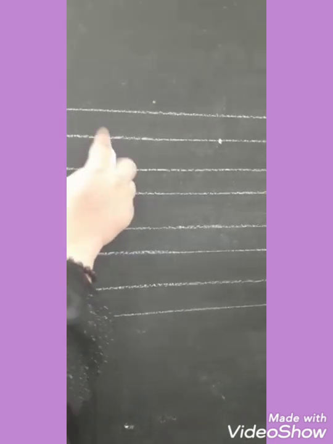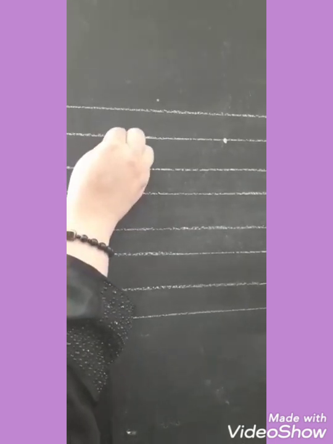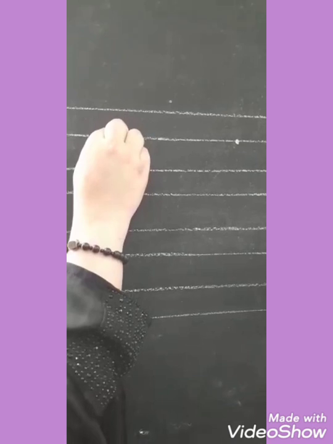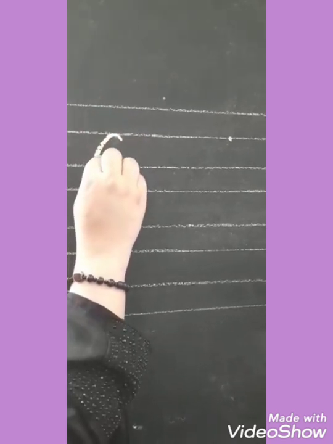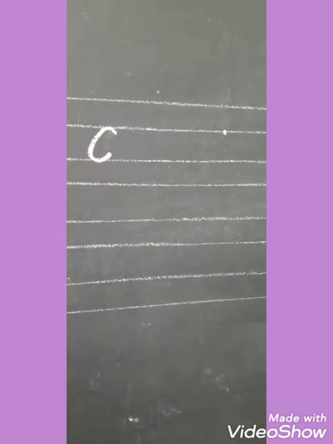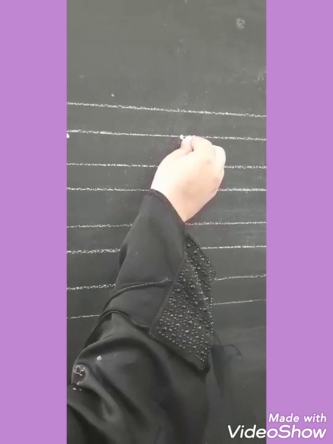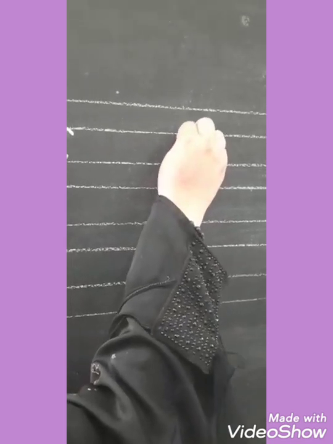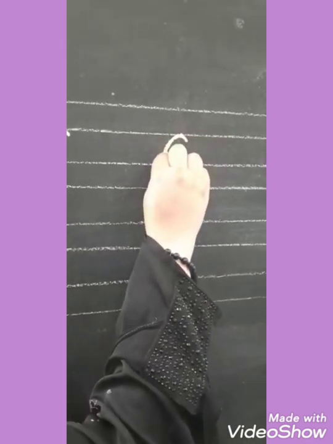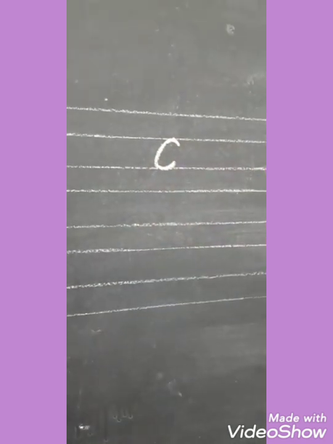Letter C. My dear students, you have given this one dot. C will start from below this dot. From here you have to go up, touch the second line, come down in a round, touch the third line and little up to the line, C. Again look at the board, start from below the line, go up, touch the second line, come down in a round, again touch the third line and little up to the line, C.